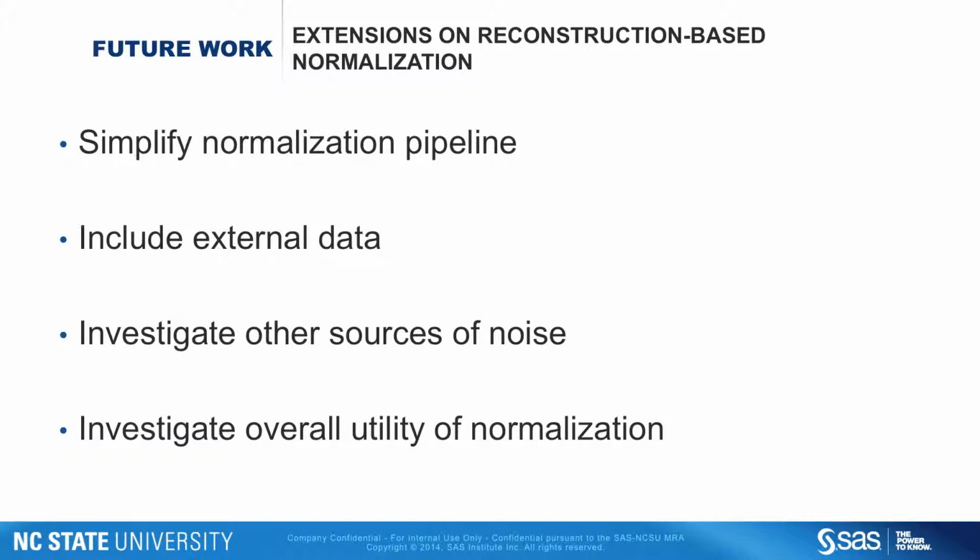We could also investigate other sources of noise, such as the noise generated by novice writers in 5th grade science text, for example. Finally, we'd investigate the overall utility of normalization, because it's very possible that many tasks might be well served by just taking unnormal data and making it normal data. Some tasks might lose out on that. For example, sentiment might lose out if we forget that COOL had all those extra O's and just normalize it to cool, because we lose some emphasis.